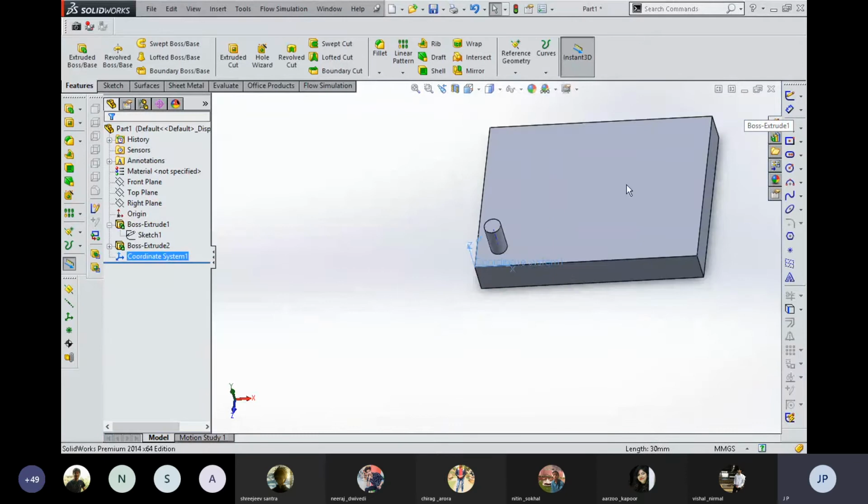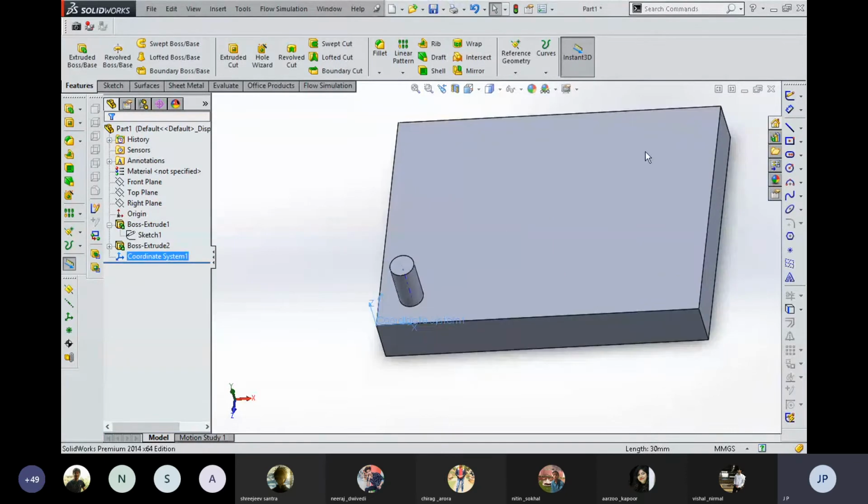Now the other thing that we require is a notepad file for telling the values at what distance it is going to be created. So for that, I'm going to minimize all parts, and we need to create a notepad file over here.